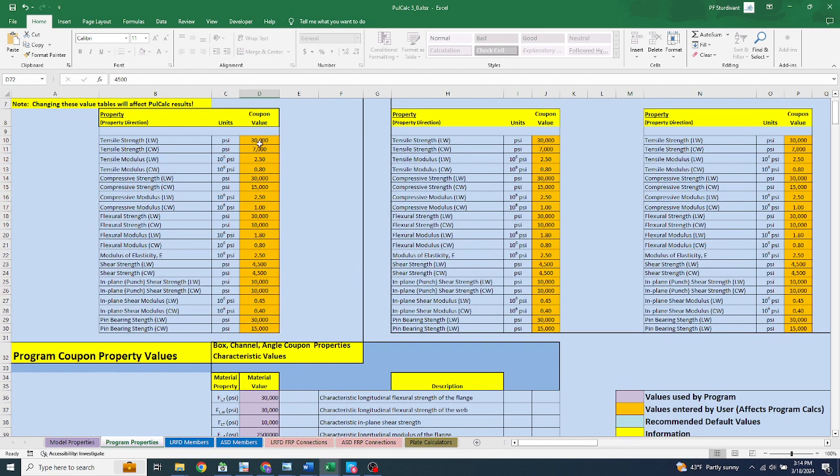So it's important to realize that if you change this data, it's going to change all of the results in your capacities for your members. But what you can do with this is, let's say you wanted to use a specific manufacturer, such as Creative Pultrusions. You can put all their data in here, and it'll give you the same data information that would match